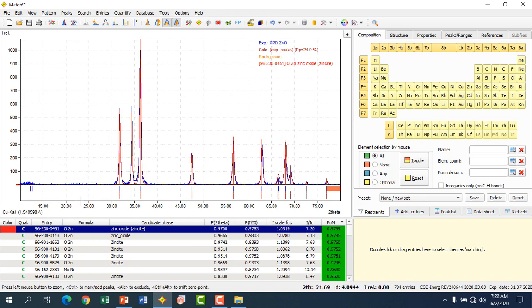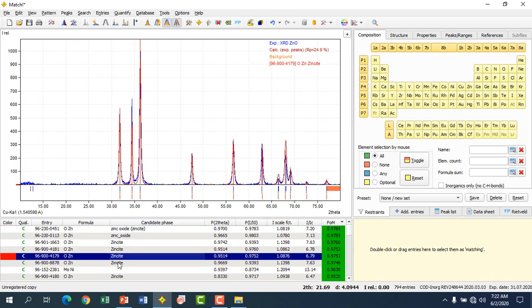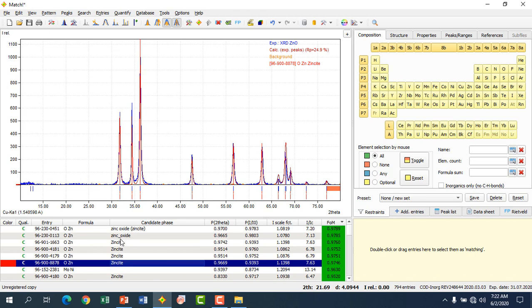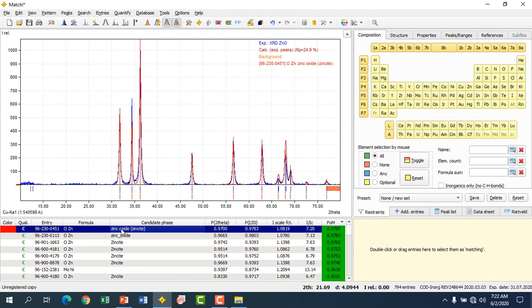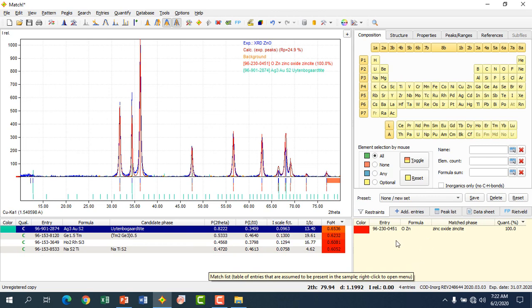After this background subtraction, you can choose the standard JCPDS file from the already matched list here. From this list, you can select the one which exactly matches your recorded data. The software has already analyzed and gives the JCPDS file with the maximum possibility of matching our XRD data at the top of the list, so you have to select it. For the selection, you double click on the file number, or you can click and drag it to the right-hand side. Here I double click the selection and it copies, and here it comes on the right-hand side.